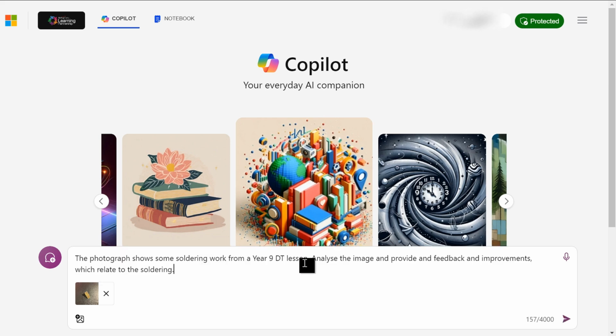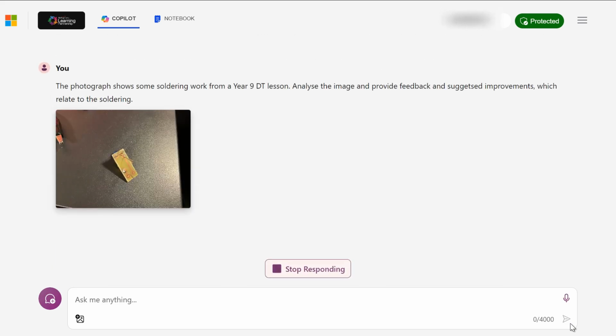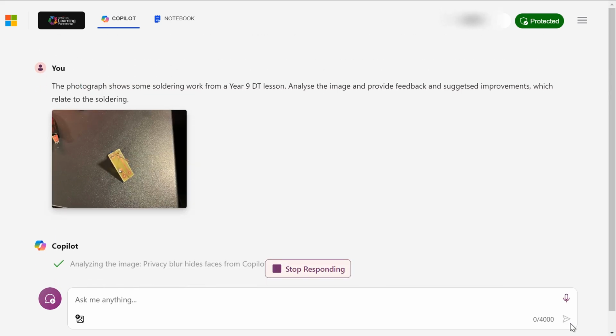So I've said I've shown some soldering work from a year 9 DT lesson, analyse the image and provide feedback and suggested improvements. Let's change that prompt: suggested improvements which relate to soldering. So if I just set that off,